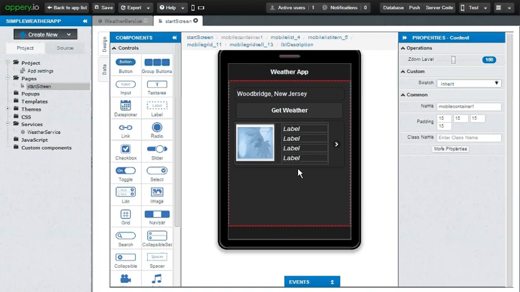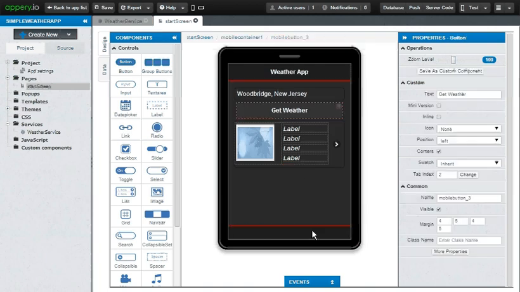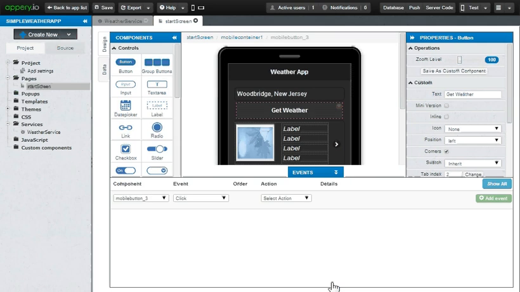It should fetch the data and it should fill up the widgets on the user interface. So basically, what we want to do is all this action needs to get triggered with the click of a button, namely the get weather button. So this is the event that we'll be adding. We'll choose this get weather button, and we'll go to the events that you see here. So this is for the mobile button. The event is click. I can just as well make it as tap.